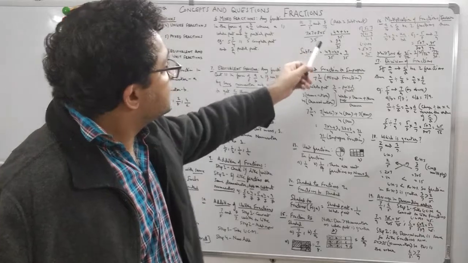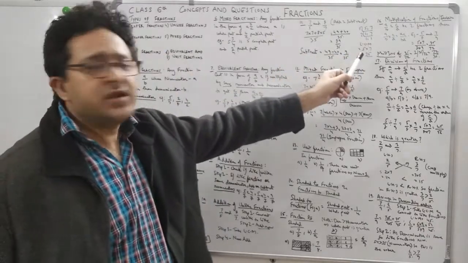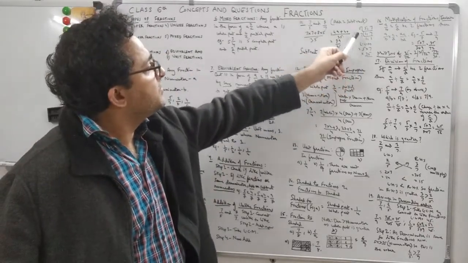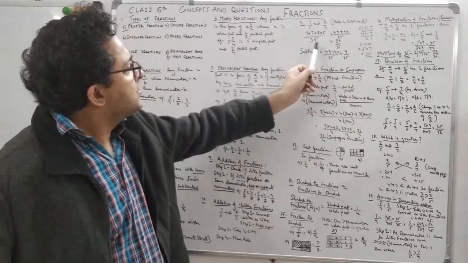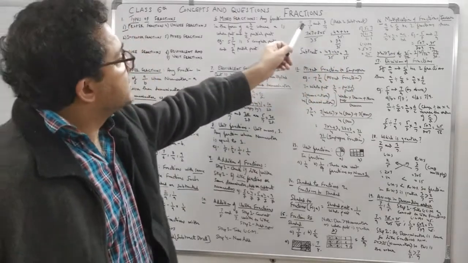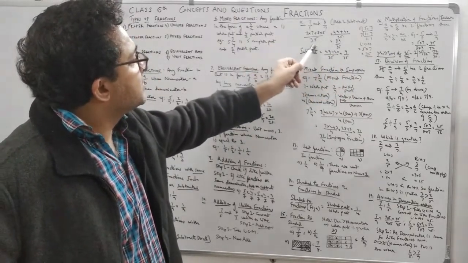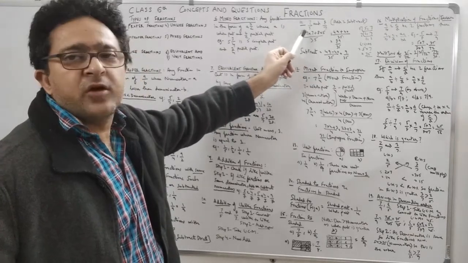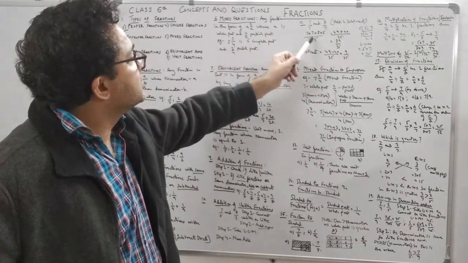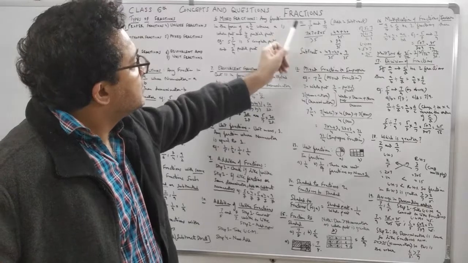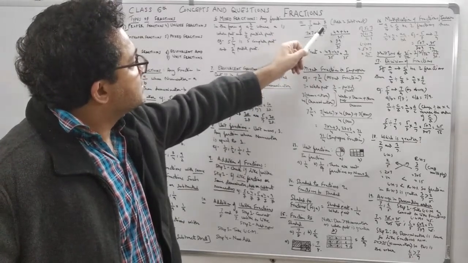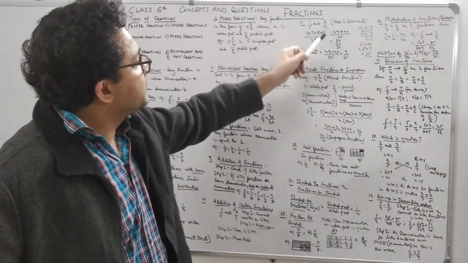So the LCM of 5 and 7 is 35. See, I have shown it over here. How LCM is 35, right? Now I can write 7 by 5 as 5 into 7 is 35. So in the denominator I write this as 5 into 7. So in the numerator also 7 into 7. Then I add plus, 7 into 5 is 35, so 8 into 5 is 40.